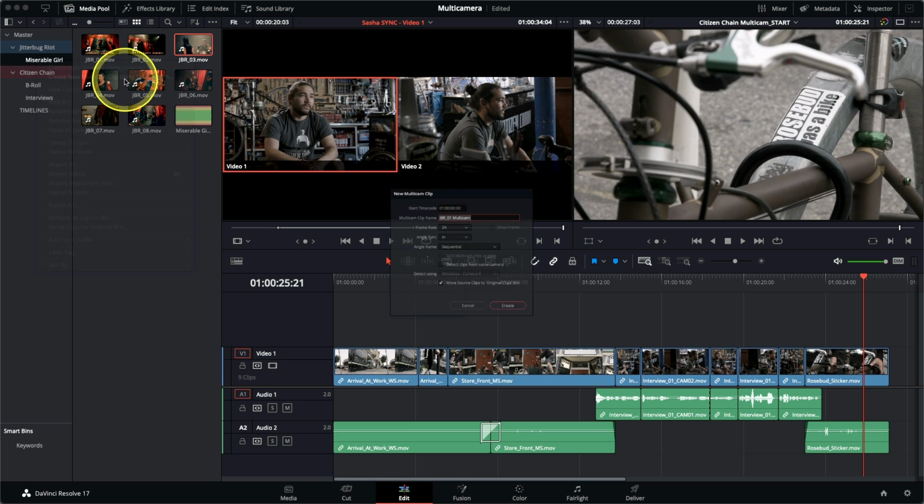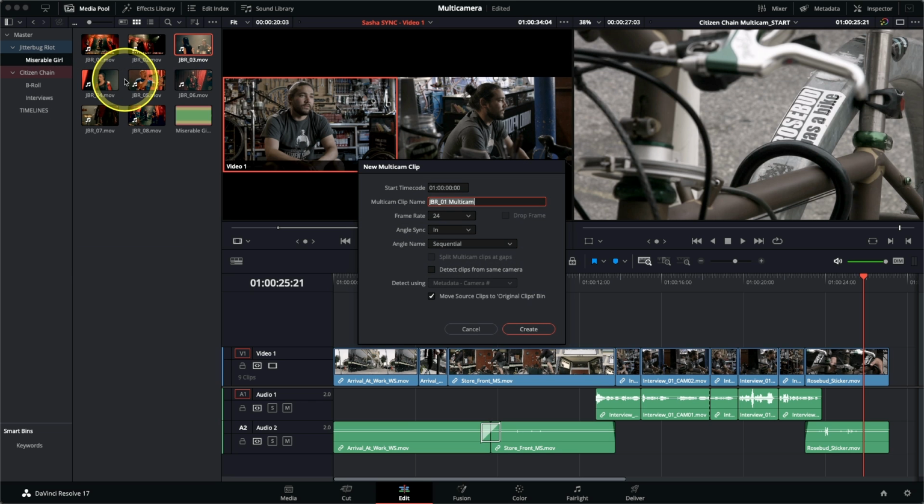In this case, it just means that I can select the bin rather than having to select all of the clips. However, if there are some clips in this bin, you can just select them independently and actually choose to create the multicam clip from the selected clips. When I choose this option, Resolve asks me to create the multi-camera clip and what settings it should use. So here, I'm actually going to change the name of this multicam clip. We'll call it Miserable Girl